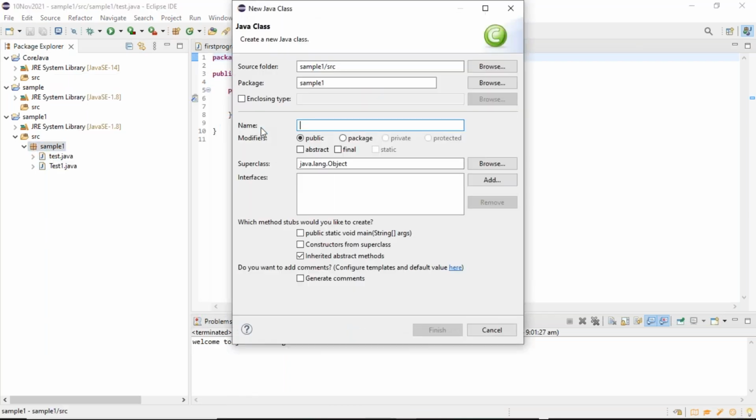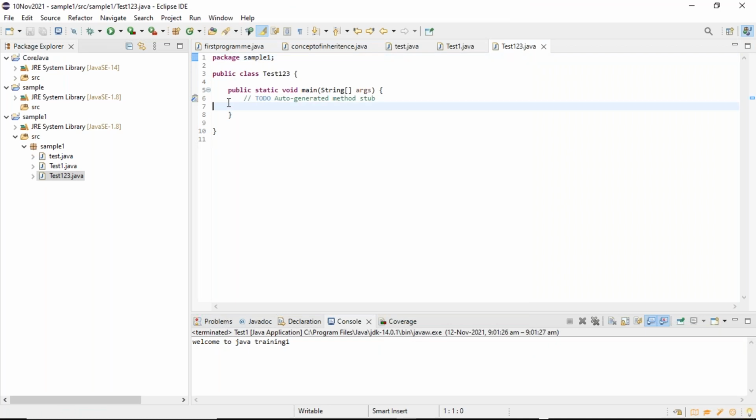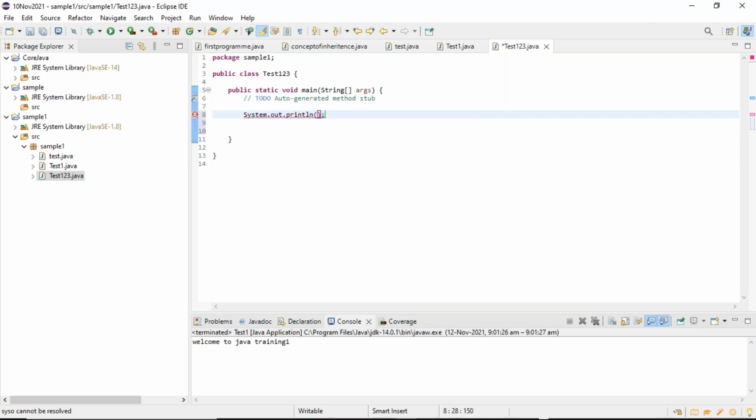Okay, right, sir. At least if I create one class here, then it will run with 1.8, sir. Yeah, it will work. See, test one you created in front of me, right? Click. It's working, right? Test one works, you only created that. No, Java 14 is not installed properly, I guess. That's why it is showing all these things. Okay, this is the root cause. Go with Java 8 only.